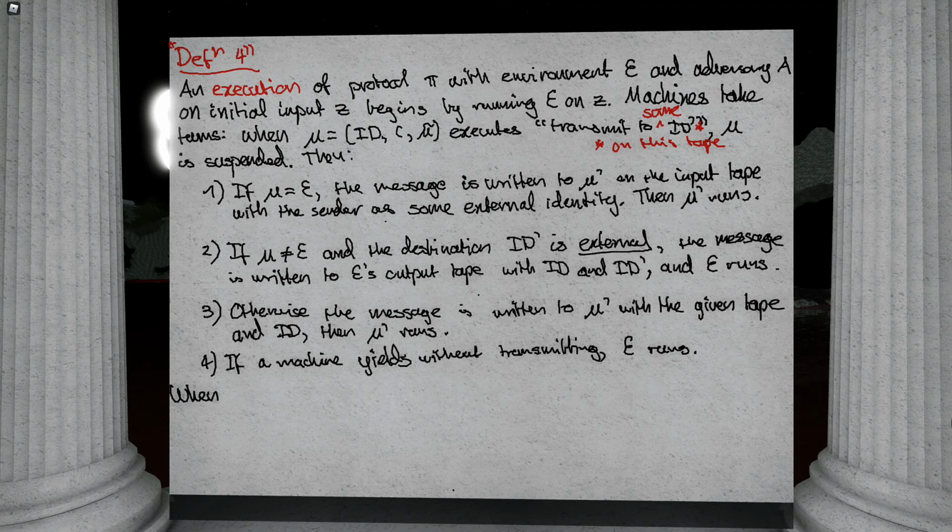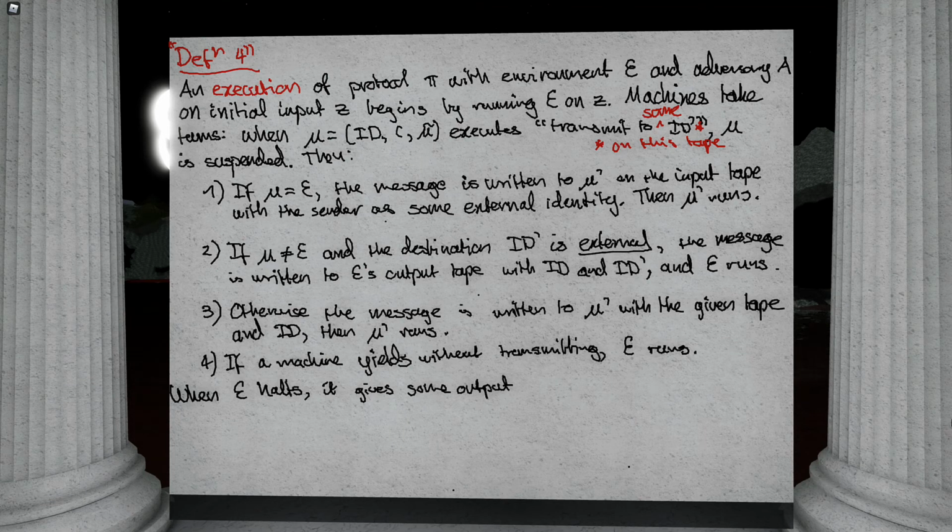the way that this execution finishes is the environment halting. When the environment halts, I'm making a bold statement here, it gives output. You can think of this as the environment has an output tape that eventually, when it halts, will have something written on it, possibly the empty string, possibly something else, okay?